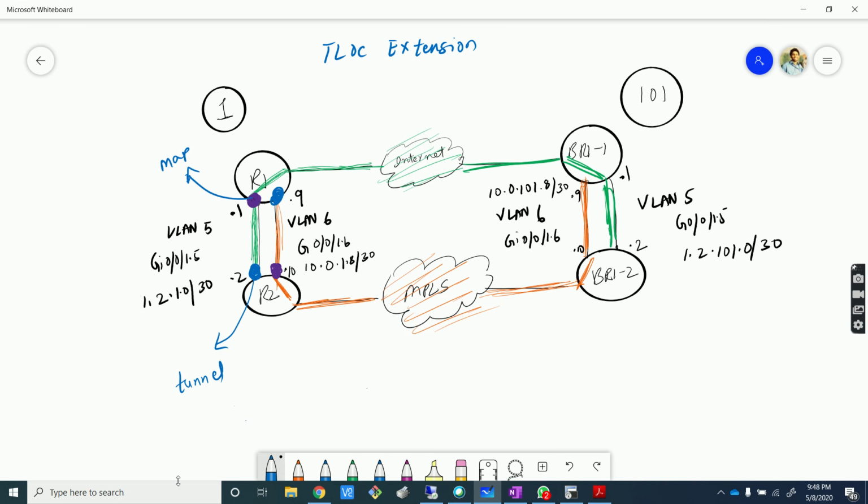So this is going to be the mapping interface for the internet, and this is going to be the mapping interface for the MPLS. Similarly, the blue ones right over here, they are going to be the tunnel interfaces. Obviously this is going to be the tunnel for MPLS, this is going to be the tunnel for internet. Now why I'm doing it this way is because it's going to help me create my templates easier, right? Because you see, I can create one template for the violet ones and I can create one more template for the blue ones,